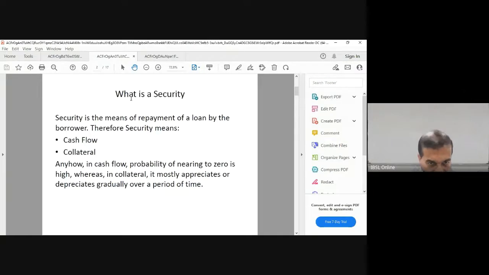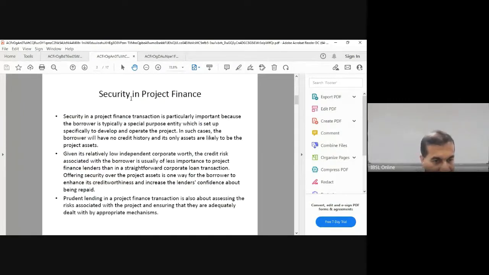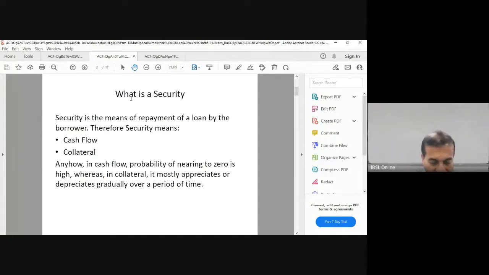As far as the securities is concerned, the primary security of any loan is the cash flow. Nothing else, ideally. So if you take only the cash flow, you can go on a clean basis. What do you mean by clean basis? You will accept only the application, loan offer, receipt, and the loan agreement. That's it. No other securities at all, because you are sure of the cash flows. Most of corporate banking happens like that. They are reluctant to give any corporate guarantees or personal guarantees because their cash flow is very solid.